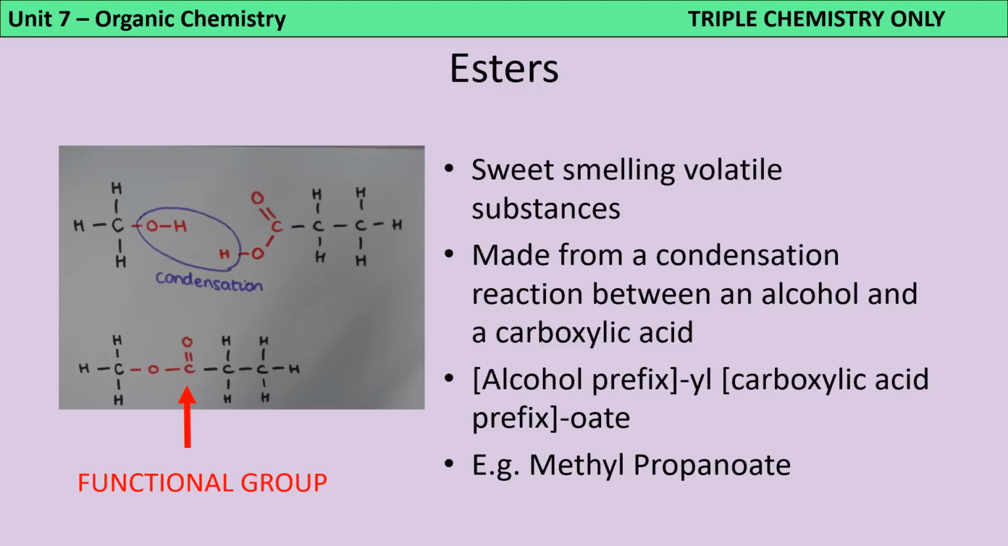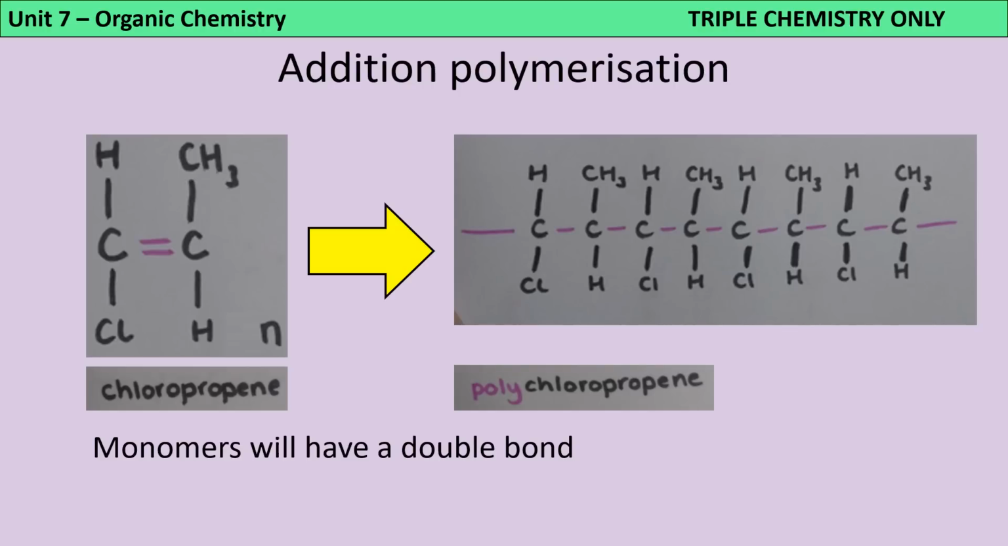So this example here is methyl propanoate. In the condensation reaction that makes this ester, a water molecule is lost. You've already briefly met polymers in Unit 2, and then here in Unit 7 we flesh this out with a little bit more detail. Alkenes and other similar molecules which contain a carbon-carbon double bond are able to react together